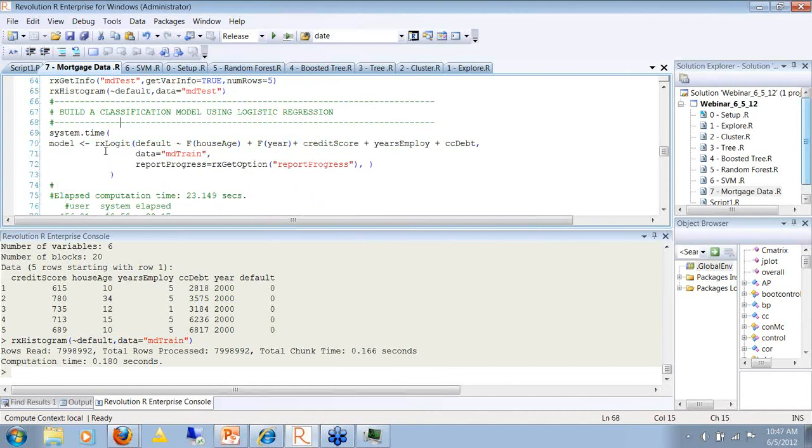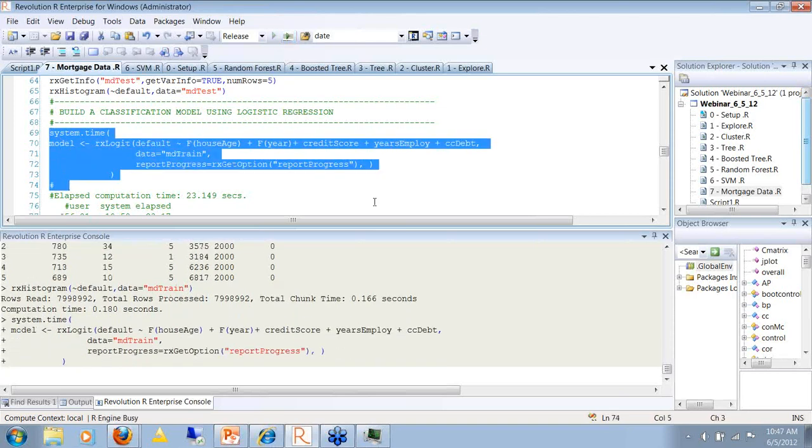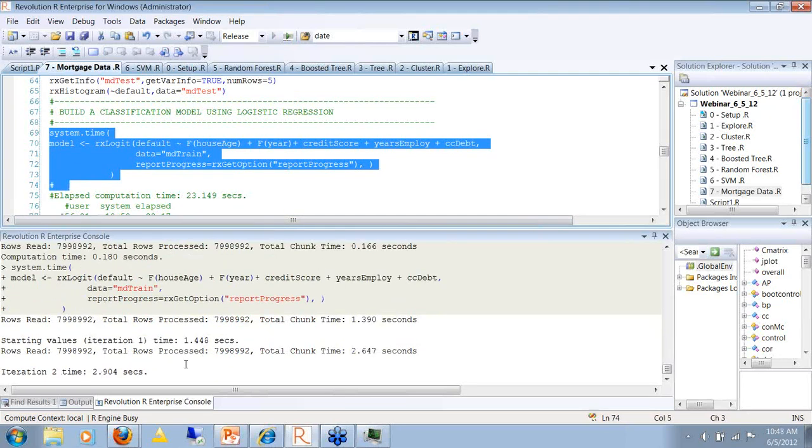Here's the RxLogit. It builds a logistic regression. I'm doing a regression of default against house age, year, the credit score, the years employed, and the debt. And because these are numeric variables, I'm going to use that F function to turn them into factors on the fly. And you can see now it's starting to chunk through the data.